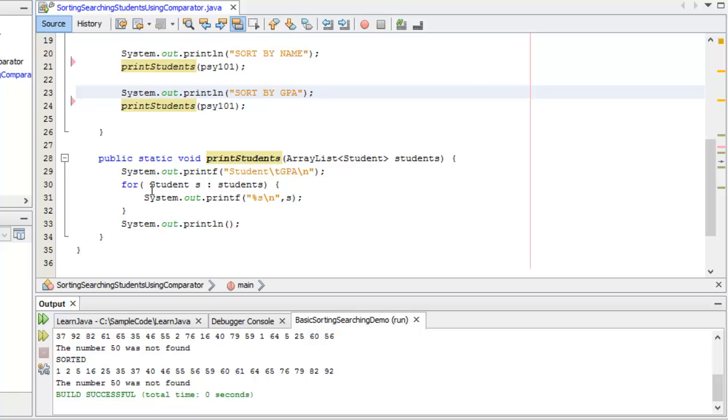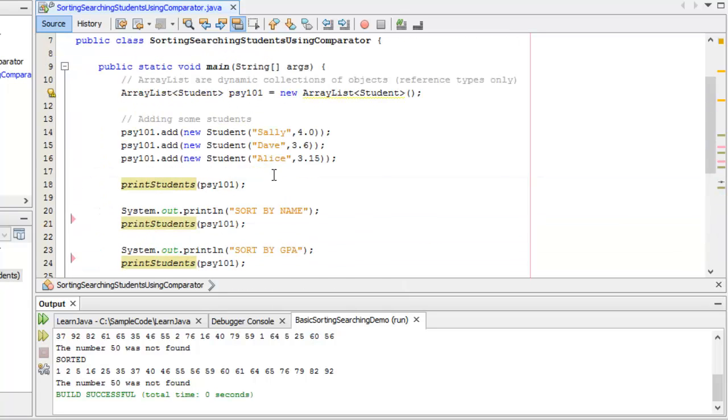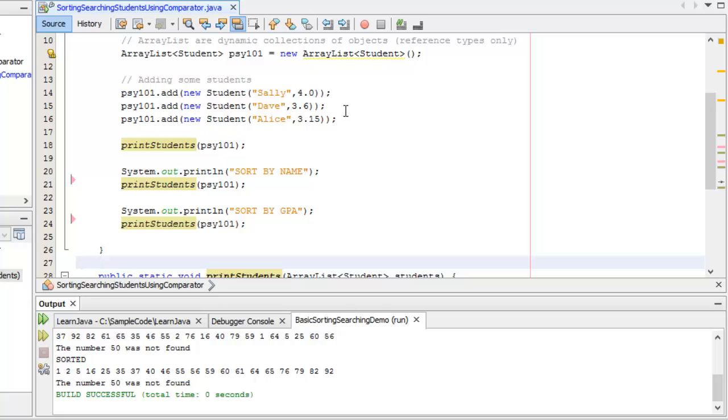And if you look, rather than using the for with a loop control variable, I'm using the for each construct of the for statement, which says in my collection of students, grab each student, name it S, and then print it. So I'm going to run this. But right now what I want you to know is it's going to take those students and print them out